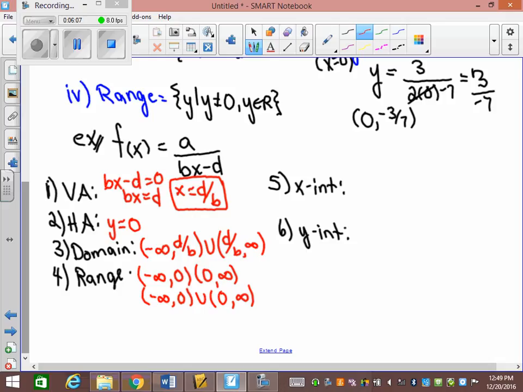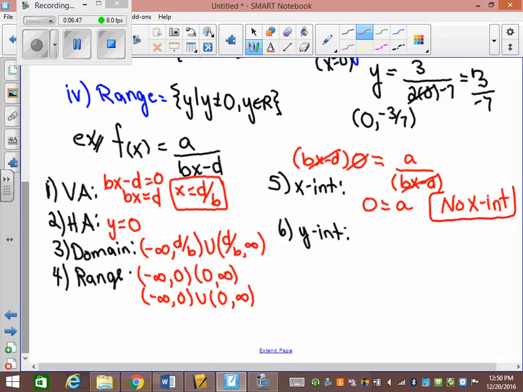The x-intercepts, there's not going to be any. You don't have an x in the top, and the entire denominator is going to cancel because you're going to have 0. So 0 equals a over bx minus d. This entire denominator, you bring up here and multiply it. It's going to go away. Now, this is where people go 0 equals a. So they say a equals 0. A can't equal 0. The whole thing would go away. A is a number. It's like 3 or 7, right? That'd be like saying 0 equals 3 or 0 equals 7. There's no